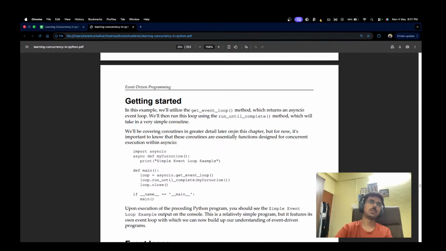Sorry. But for now, it's important to know that these coroutines are essentially functions designed for concurrent execution within async IO. We'll be covering coroutines in greater detail later on in this chapter, but for now it's